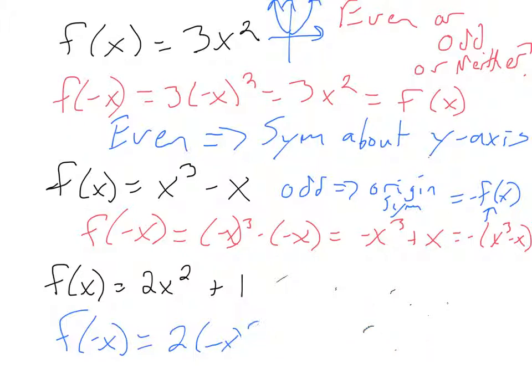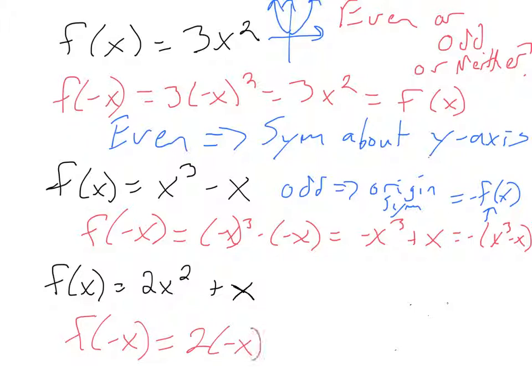So what if instead of being 2x squared plus 1, let's say that this is instead the function 2x squared plus x, right? Then if we take f of negative x, we get 2 times negative x squared minus x, right? And yeah, we end up getting 2x squared, because negative x squared is the same as x squared, minus x. And that's not the same or the exact opposite of f of x, right? Because the thing about it is, this term is the exact same, and this term is the exact opposite, but